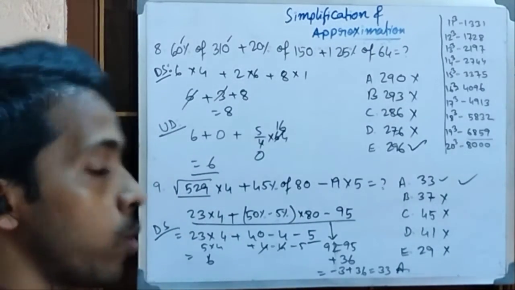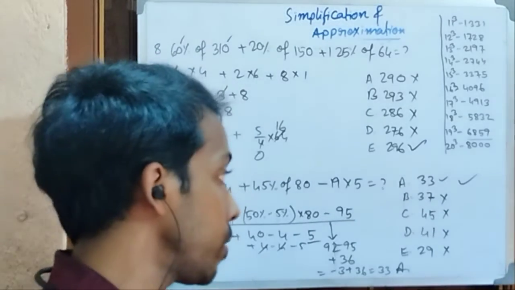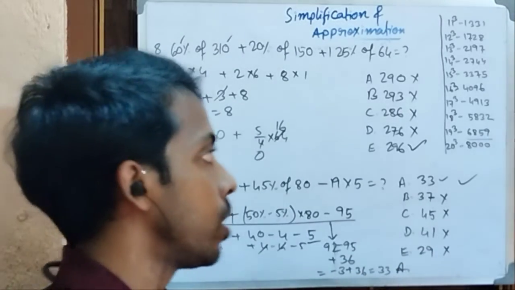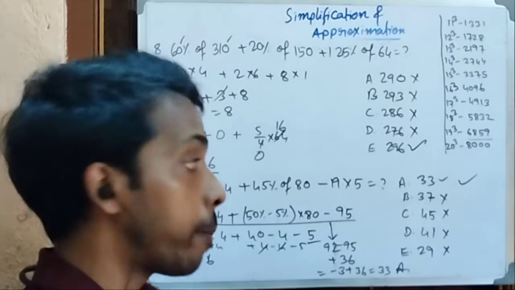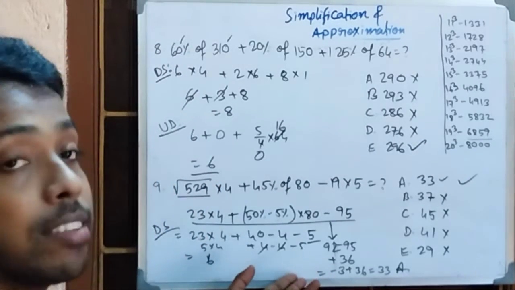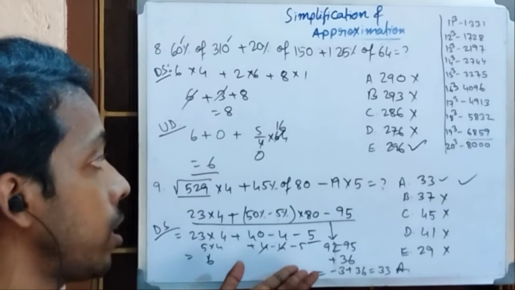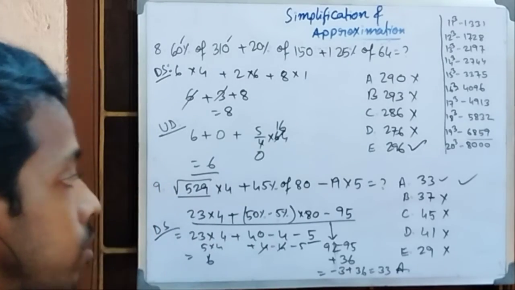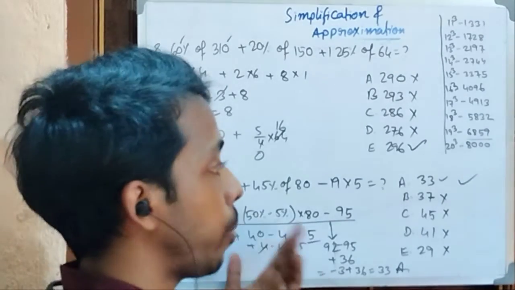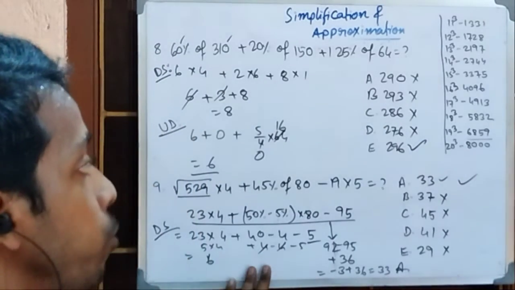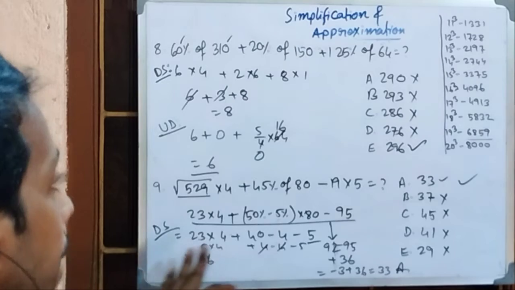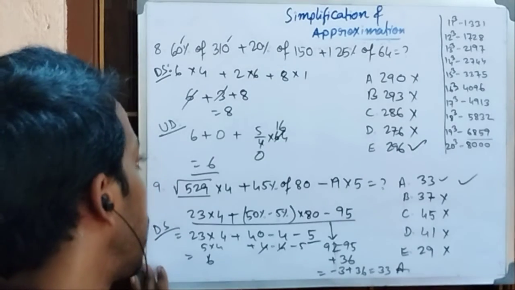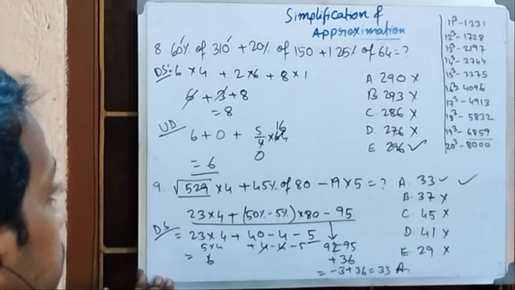If your process is okay and someone else is doing some other process, some shortest possible approach, both of you will get the correct answer. But the difference is that someone is solving it in 10 seconds, 12 seconds, and if you are unfortunately not getting enough practice, then this would be very difficult. Okay, one question you may take 1 minute, and this kind of question you have to solve within 20 seconds, 15 seconds. Okay, you have to practice. Though it sounds very awkward this time, I can understand, because this is the very first time you are encountering this stuff. So this may happen to some of you, but not all.